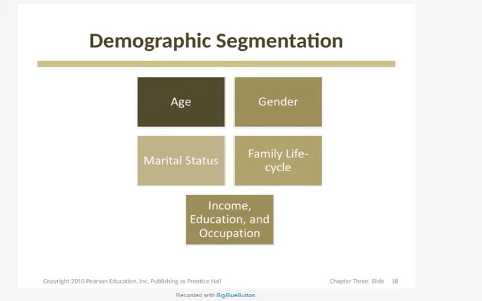تاني حاجة ممكن تبقى مثلا according to marital status as we said before. تمام. مثلا marriage، في طبعا الفاميلي لايف سايكل كمان، marriage, birth of a child, retirement، في income and education and occupation. All these are tied up to demographic segmentation. كل دي تبع الديموغرافيك سيجمنتيشن. and by the way, do you know what demographic is؟ يعني ايه كلمه demography؟